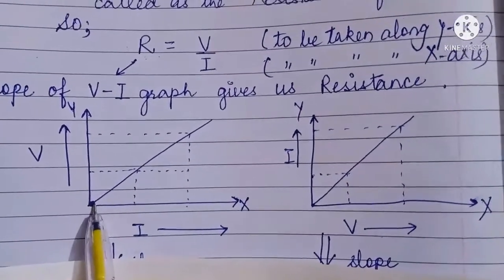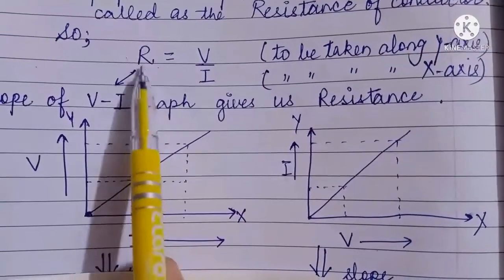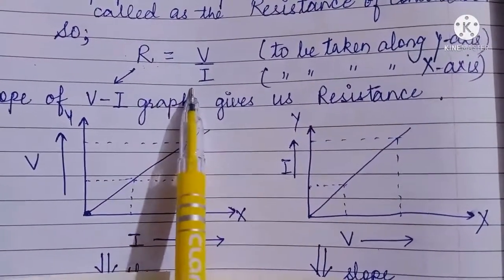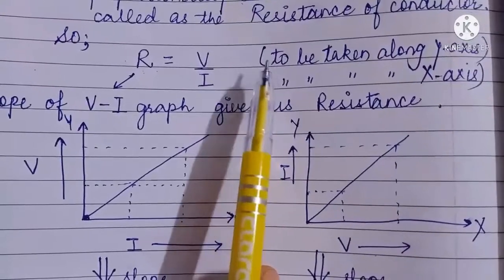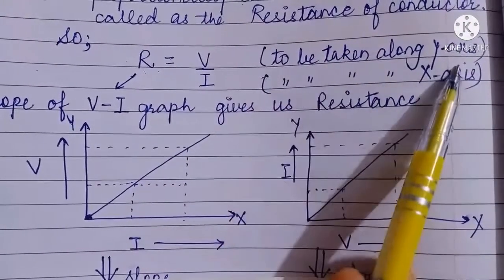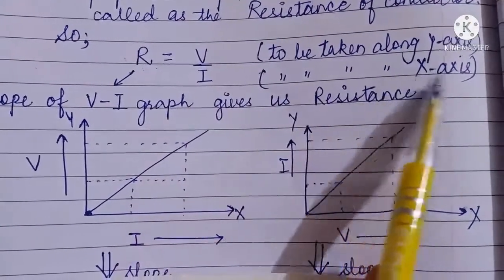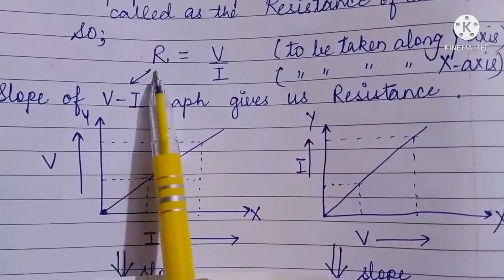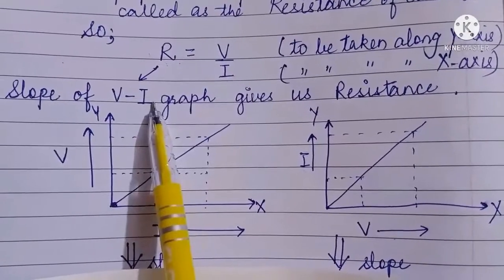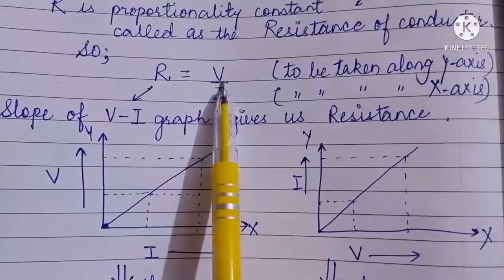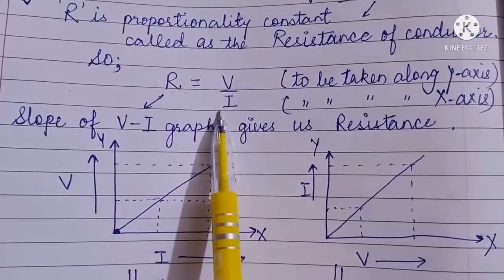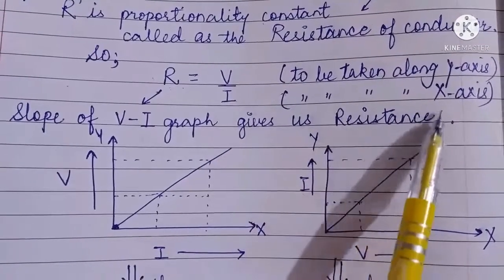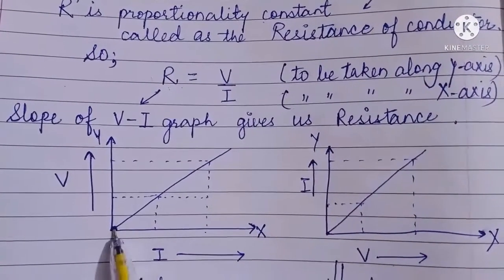अब हम अगर इस ग्राफ को स्टडी करें, here see when I have written R equals to V by I, for your hint I have mentioned V is to be taken along y axis and I is to be taken along x axis. ऐसा क्यों लिखा मैंने यहाँ? क्योंकि R अगर हमें स्लोप मिल रही है VI ग्राफ की, तो इसका मतलब है V हमारा y एक्सिस के अलॉन्ग है, I हमारा करंट जो है, दैट इज़ वी आर मेजरिंग इट अलॉन्ग x एक्सिस।